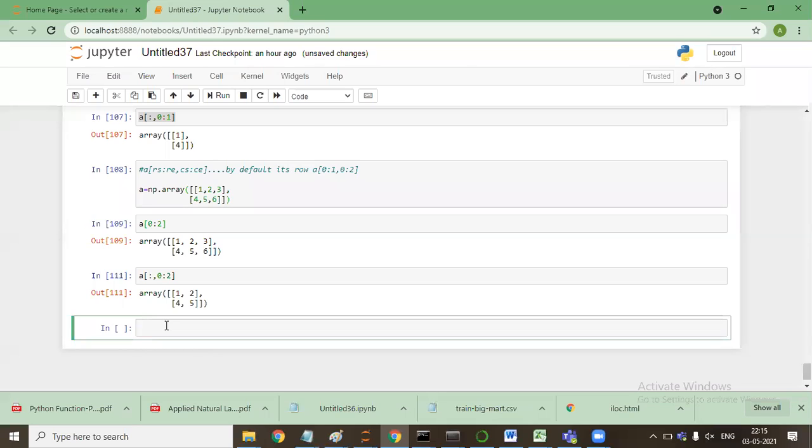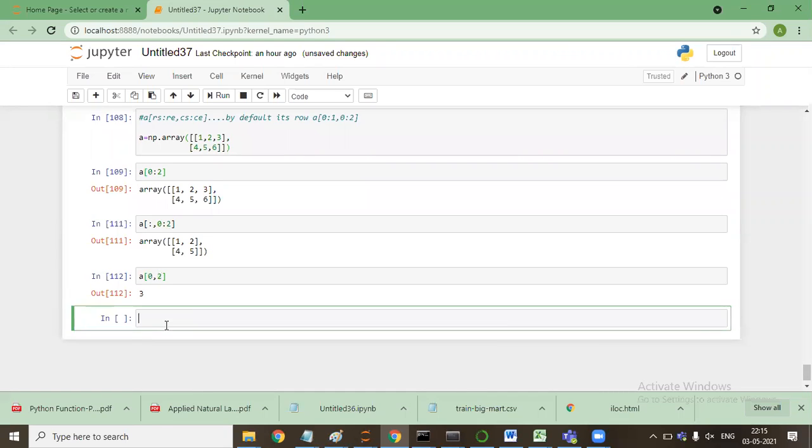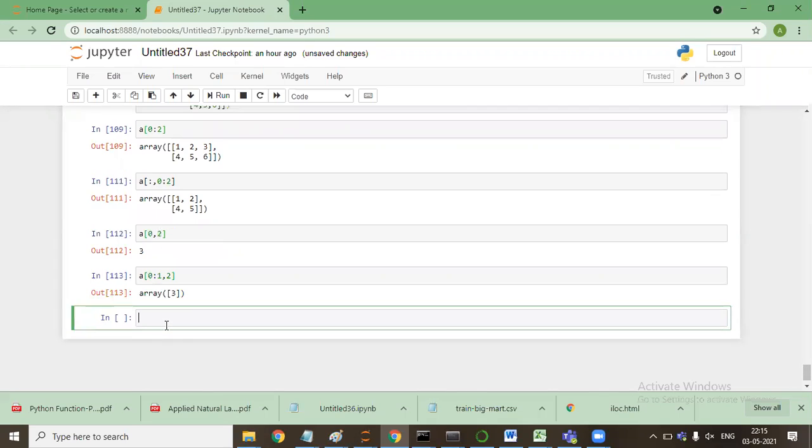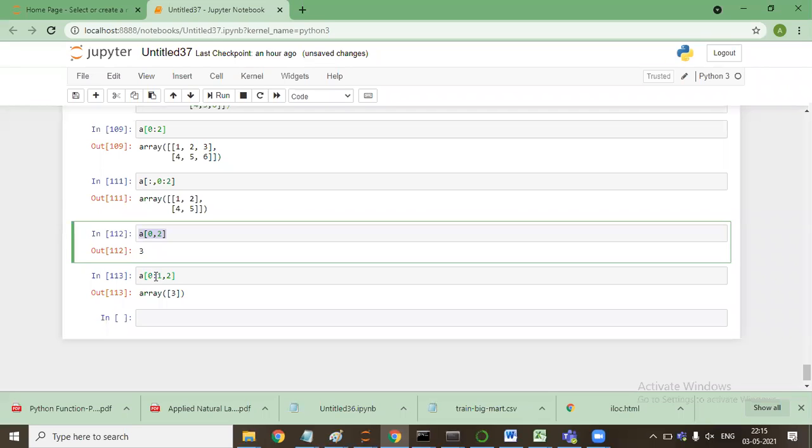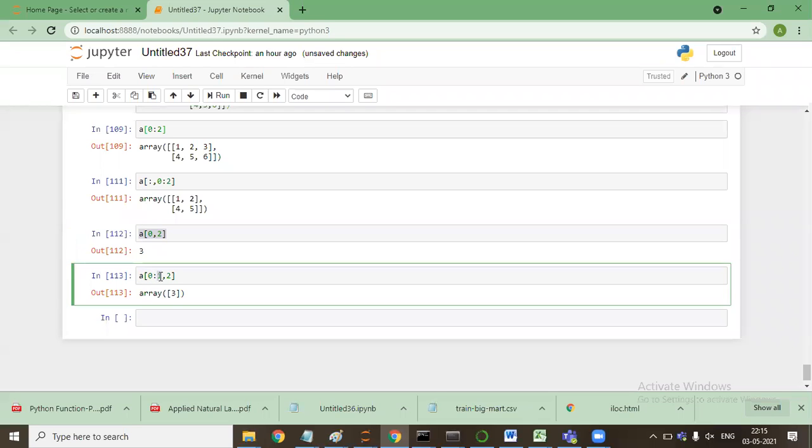If I say A[0, 0:2], it will select the value at 0th row and second column. If I say A[0, 2], it will select the 0th row and the value at second column, same as this. Because here it is still 0, which will automatically be 0 only. 1 is not inclusive and the end value is not inclusive. Are you guys with me?